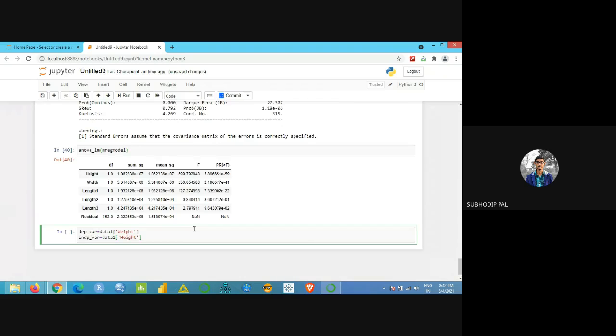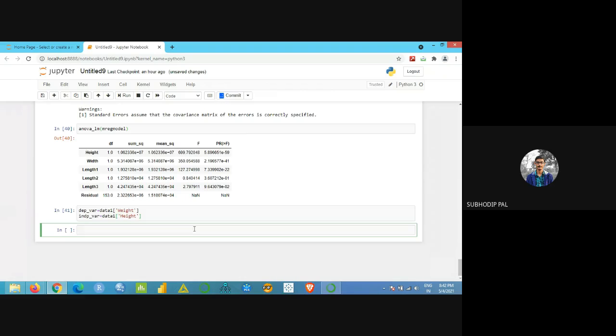Press shift and enter. Next, I have to execute INDP underscore variable equal to sm dot add underscore constant, adding a constant to the independent variable, and INDP underscore variable.